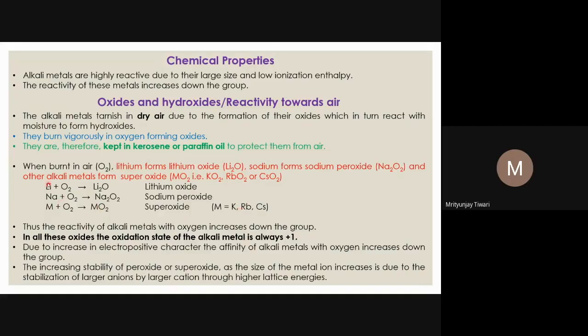And since lithium is very small in size, it cannot accommodate O2 2 minus or O2 single minus. This is the most fundamental, most important reason. That is why the lattice enthalpy is decreased. And since the lattice enthalpy for peroxide and superoxide with lithium is least, it forms mostly oxide. Then one can have an optimum number of anions surrounding the cation, and in this case, it will not happen.